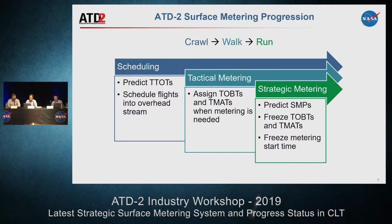Walk was, all right, now that we can predict demand capacity imbalances, we can predict how long flights are going to be in queue, let's start tactically metering flights. And that was, okay, we see metering is needed now, let's turn on metering, start assigning times. And then now we're into the strategic metering phase, which is where we wanted to end up and is close